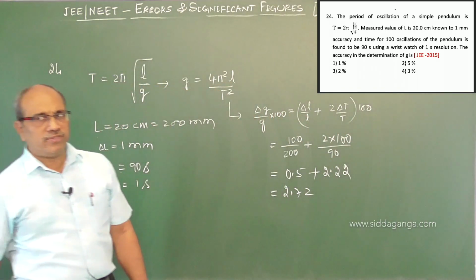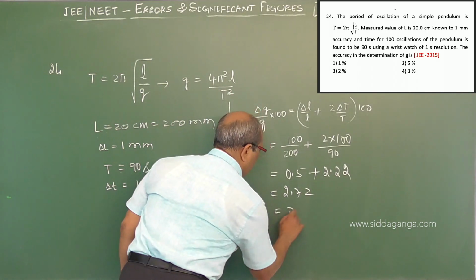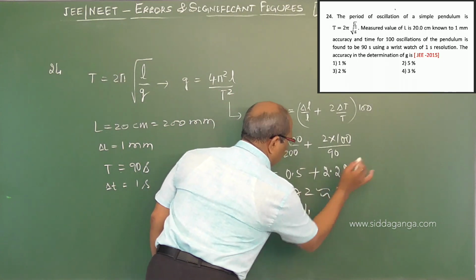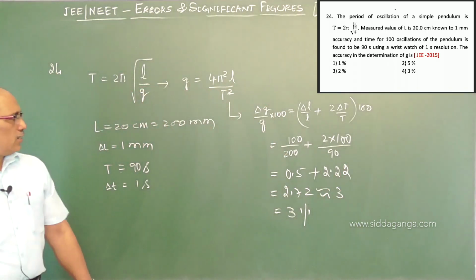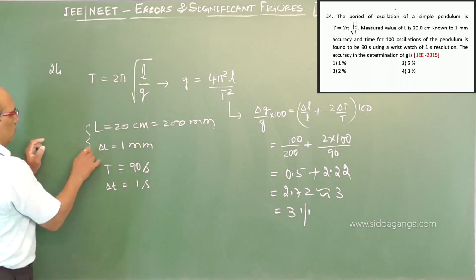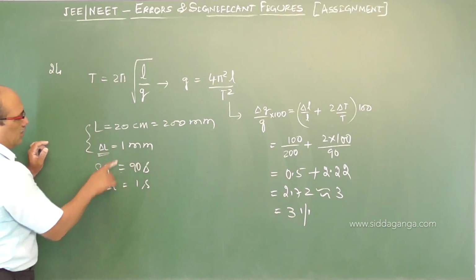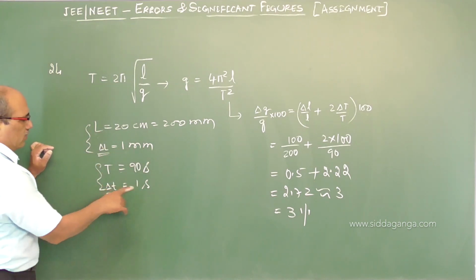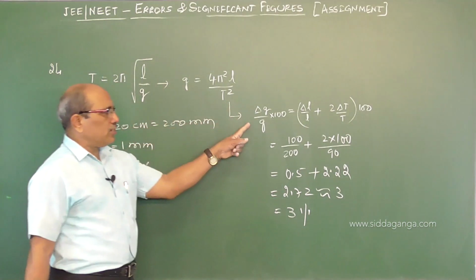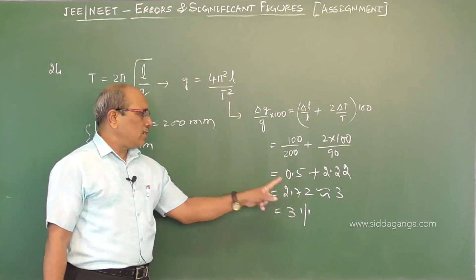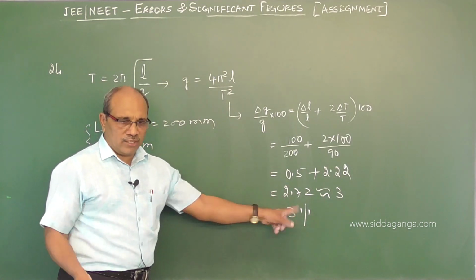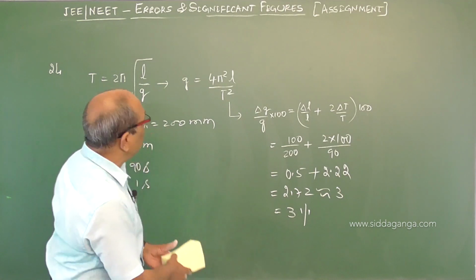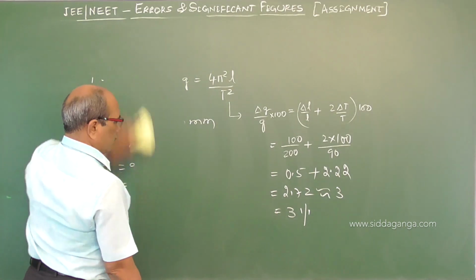Near to that 2.72 is the 3%, approximated to 3. I think you followed here: they have given this length variation. The minimum error committed in measuring length is 1 millimeter. The minimum error committed in time is 1 second. Use the relation; percentage error is asked. 2.72 may be the right one, but the nearest value out of the given 4 options is the third one.